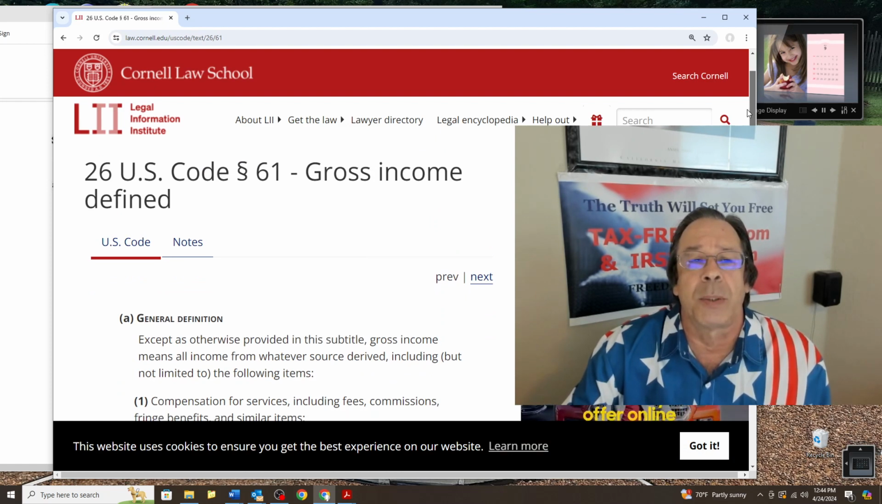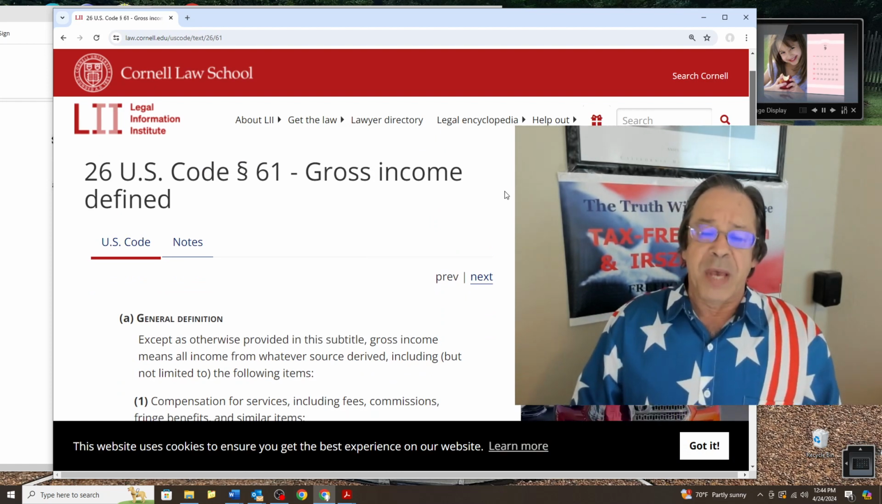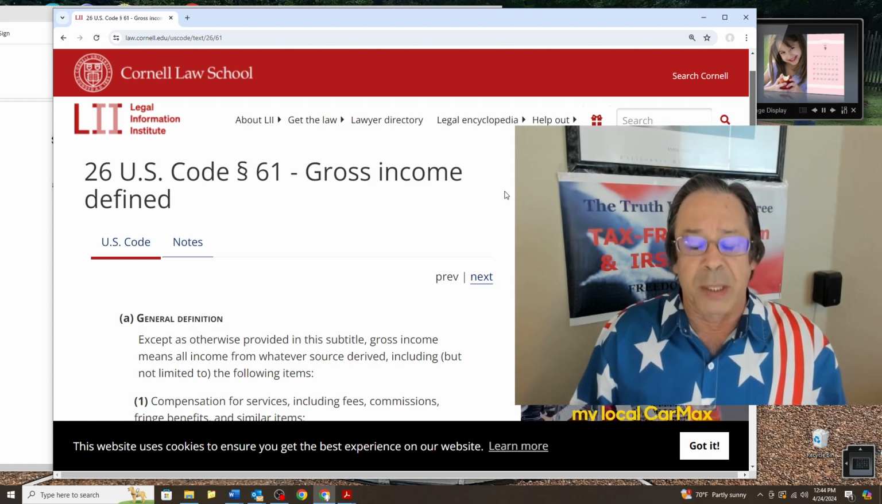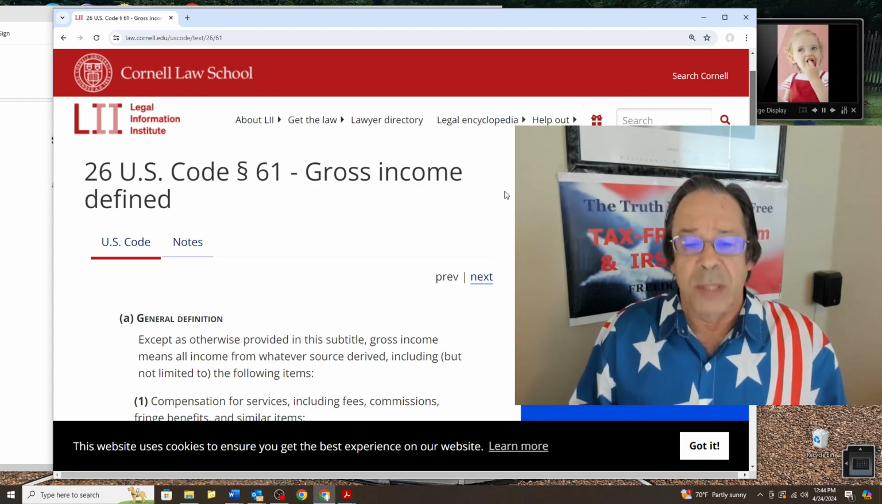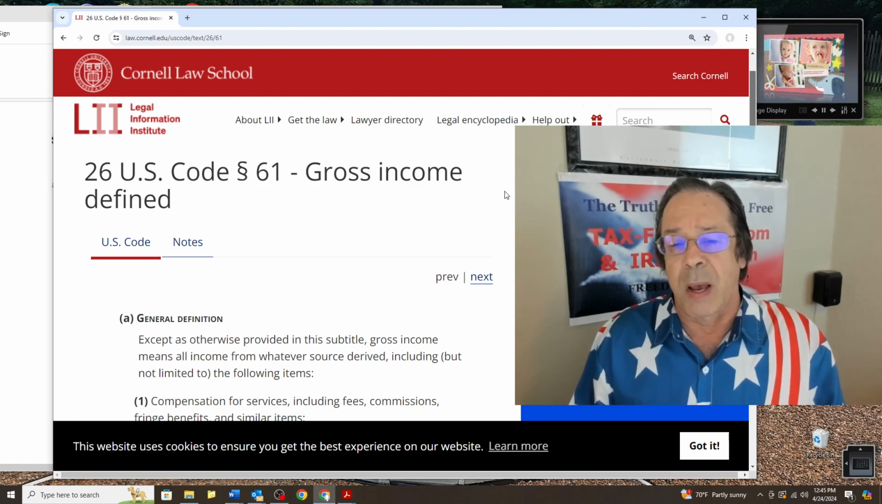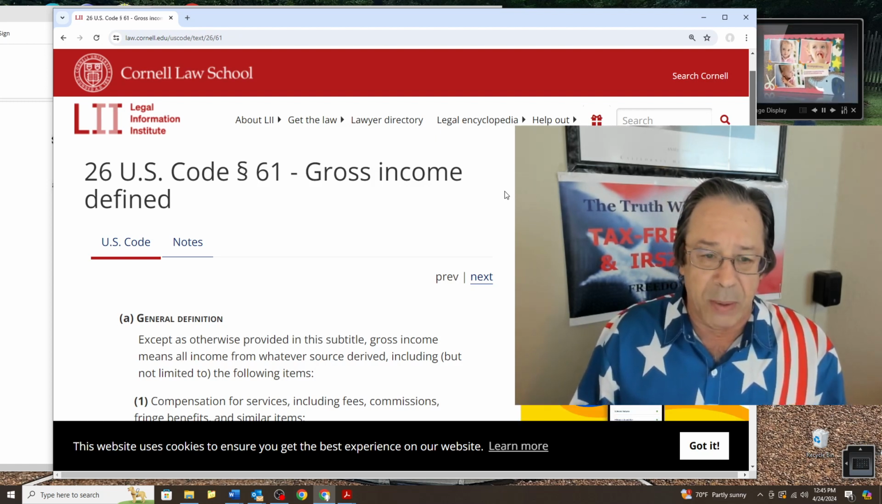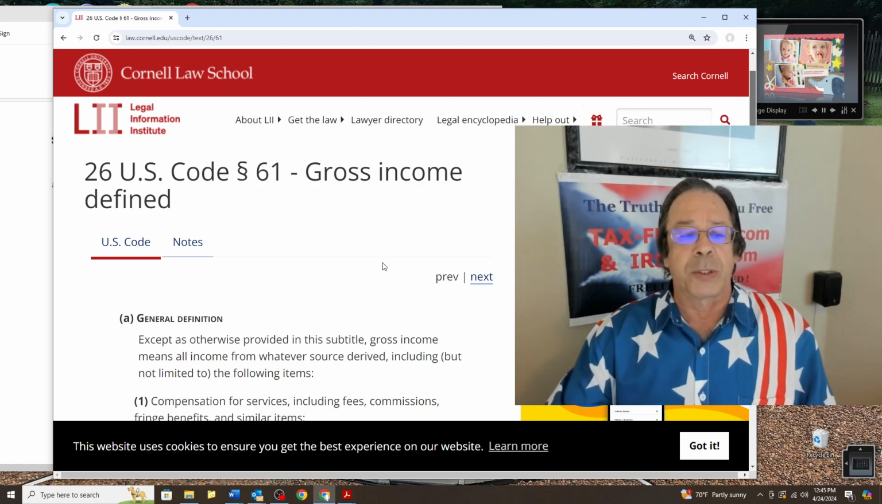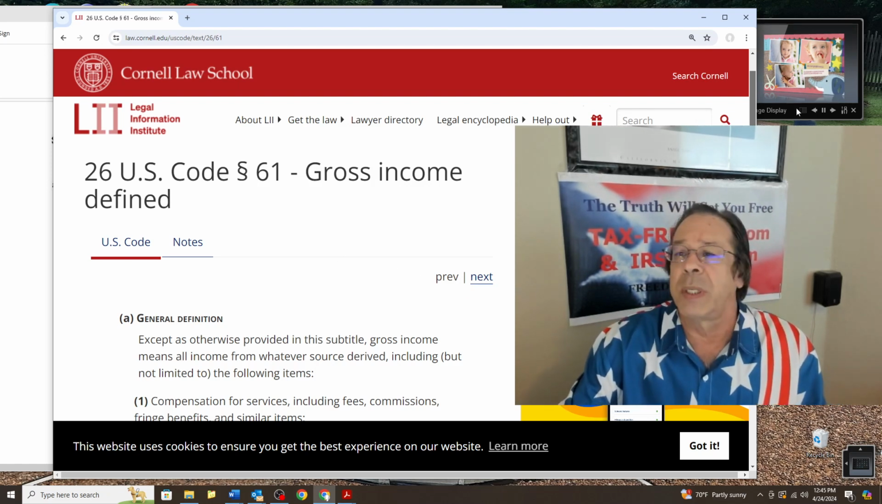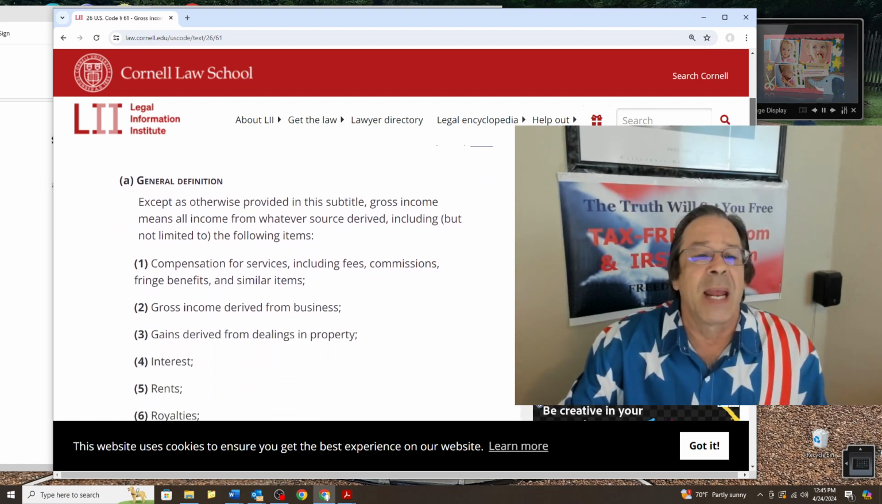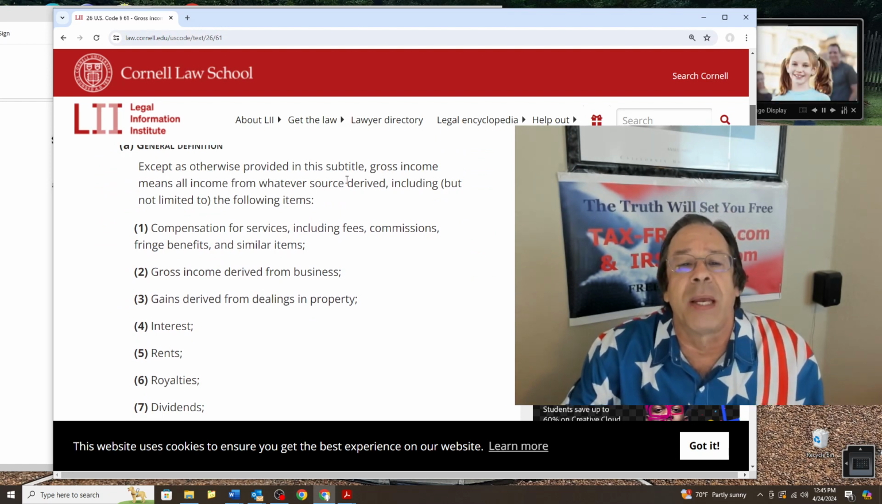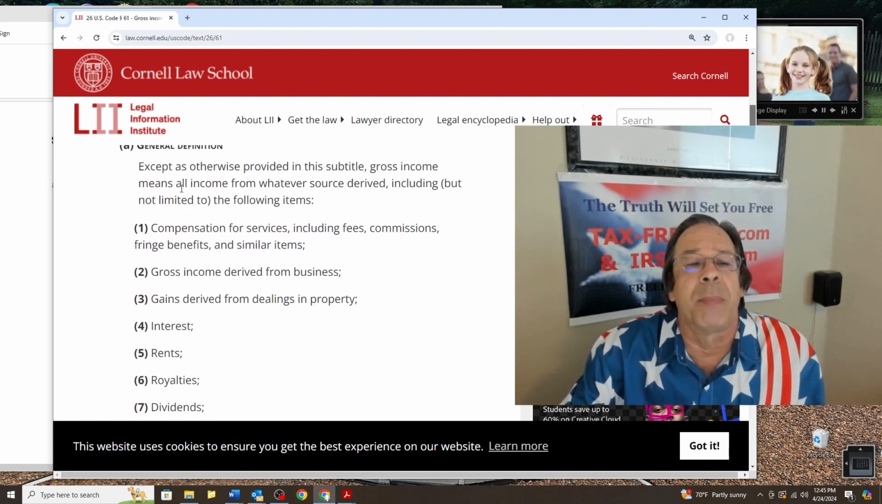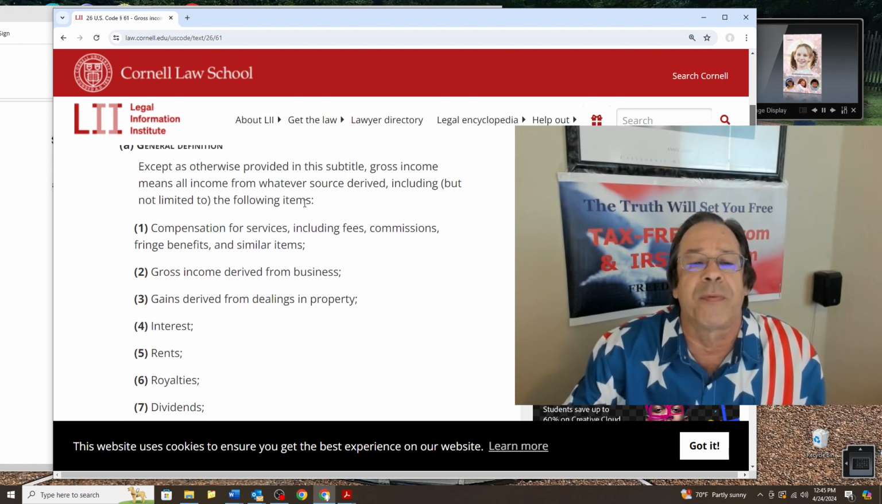And this is the statute we're looking at because the tax is imposed on taxable income in Section 1. Taxable income is defined in Section 63 as gross income minus the deductions that are allowed. And Section 61 is gross income. And here we see that, except as otherwise provided in the subtitle, gross income means all income from whatever source derived, including but not limited to the following items: